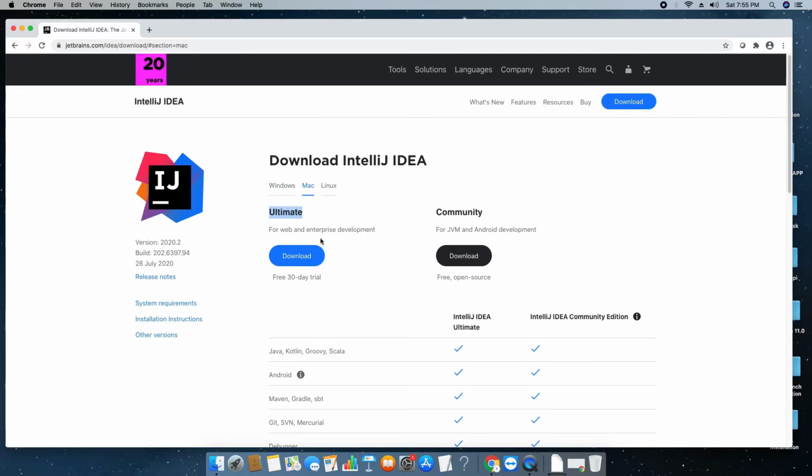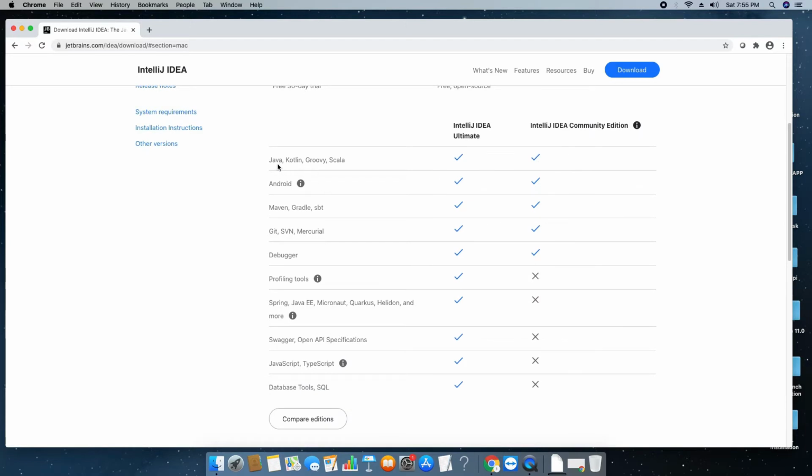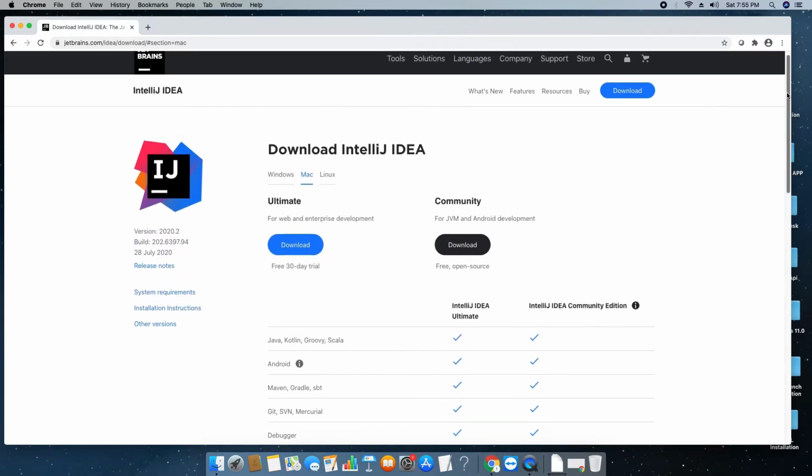The Ultimate version is not free, it is for enterprise development, and it is only free for 30 days. We have to choose the Community version, which is free and open source, and we will get these features with the Community Edition: Java, Kotlin, Groovy, Android, Maven, Gradle, Git, SVN. That is sufficient for learning purposes and for student projects.